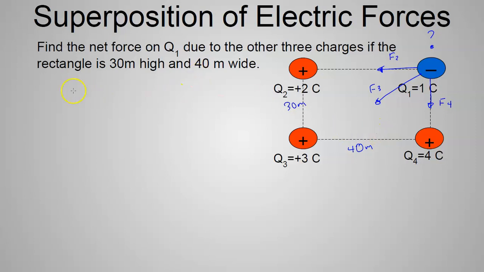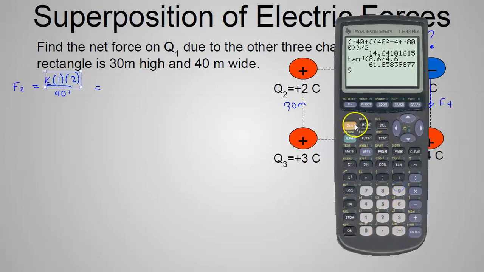So got a little bit of chewing to do here, but it's not too bad. F2 is going to be equal to K. Q1 is 1 Coulomb. Q2 is 2 coulombs. I'm being really sloppy and leaving out the units. We said that distance was 40 meters. So something like that. And when I go 9E9 times 1 times 2 divided by 40 squared,